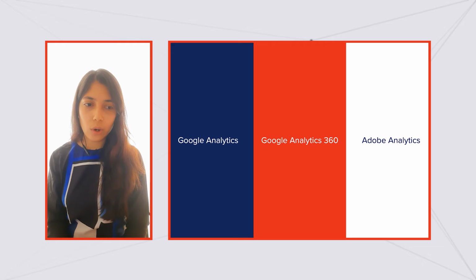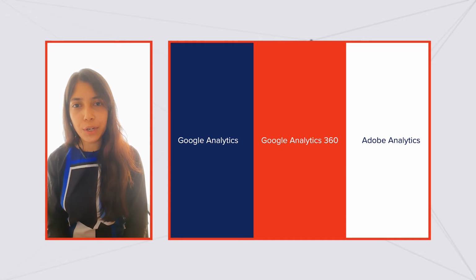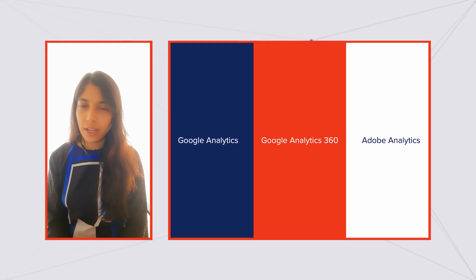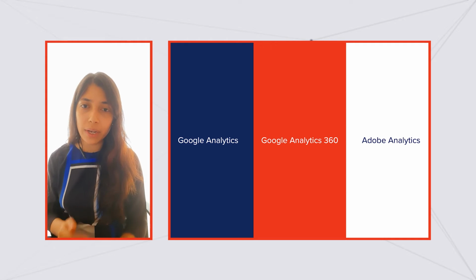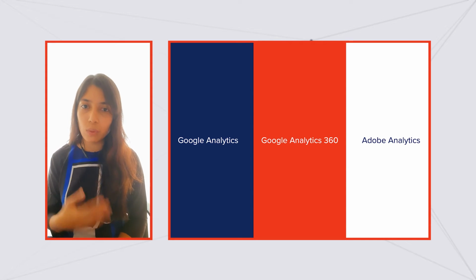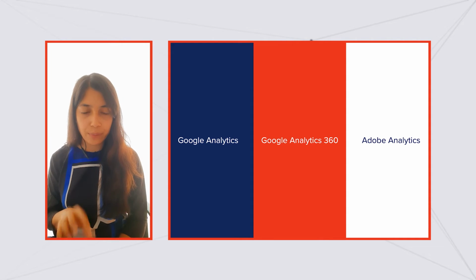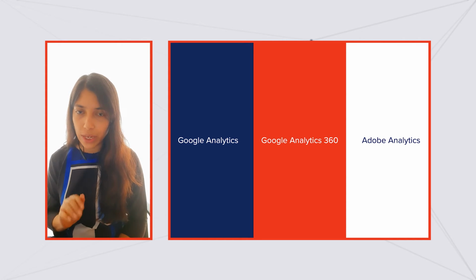I feel that ad hoc reporting is a very important feature that any analytics toolset can have. It's nothing but the ability to manipulate and view the data in different ways to perform any kind of ad hoc analysis. If you are talking about GA360, depending on the volume of traffic that your website is receiving on a monthly basis, there are two sets of reports. One is sampled and the other one is unsampled. Now the architecture of this tool is quite rigid, the UI too. So if you have to perform any ad hoc analysis, that's going to take time.